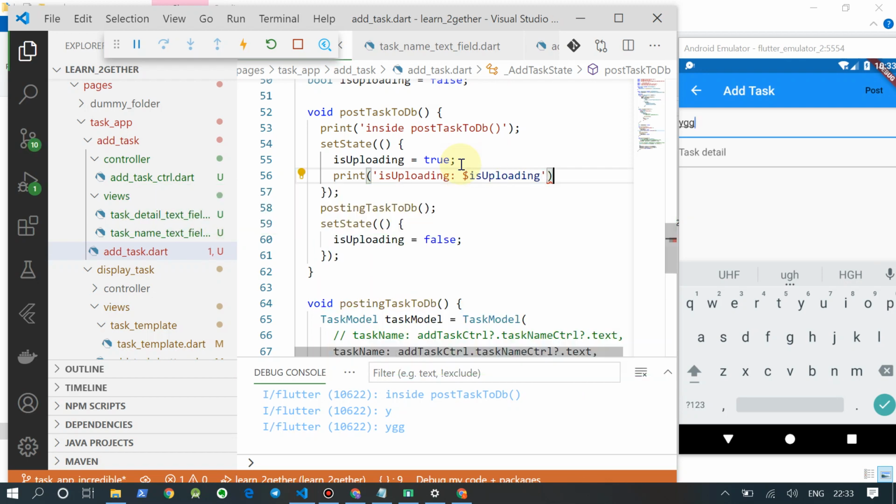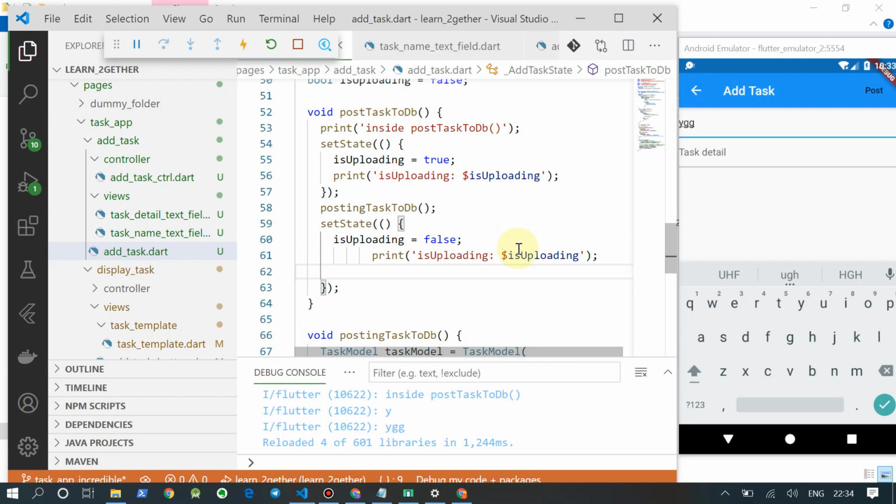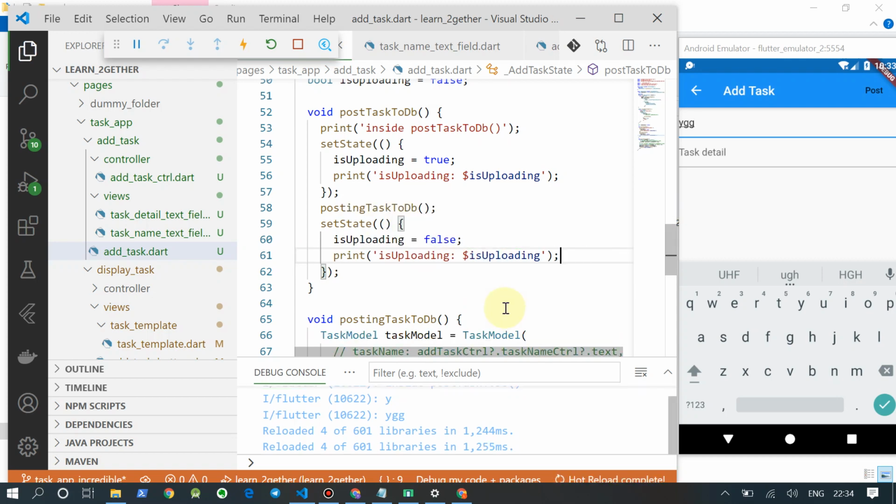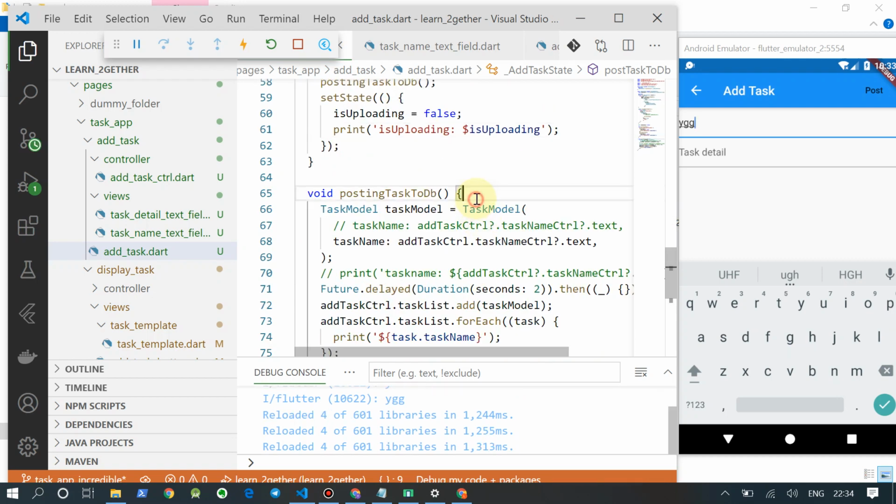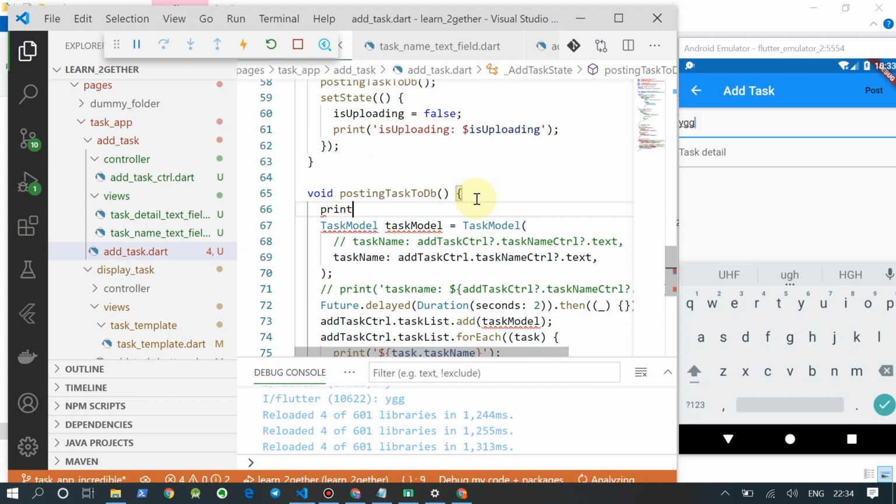So just by looking at the console you can see what is going wrong and what is going fine. And in here also print inside posting task to db.